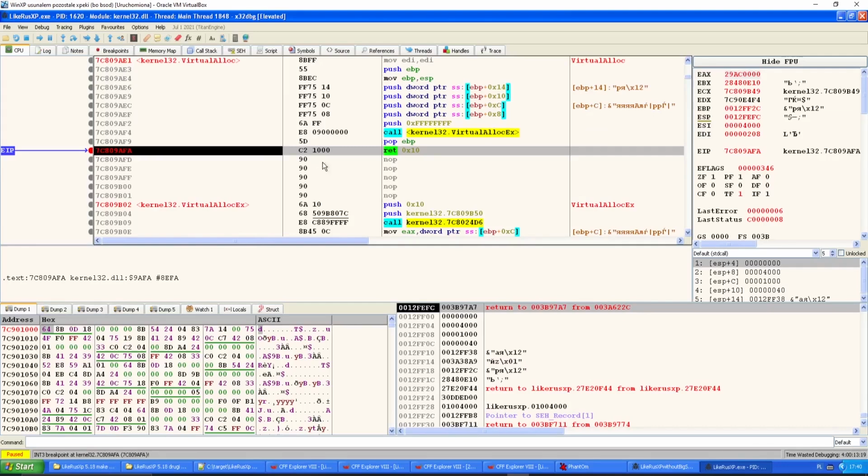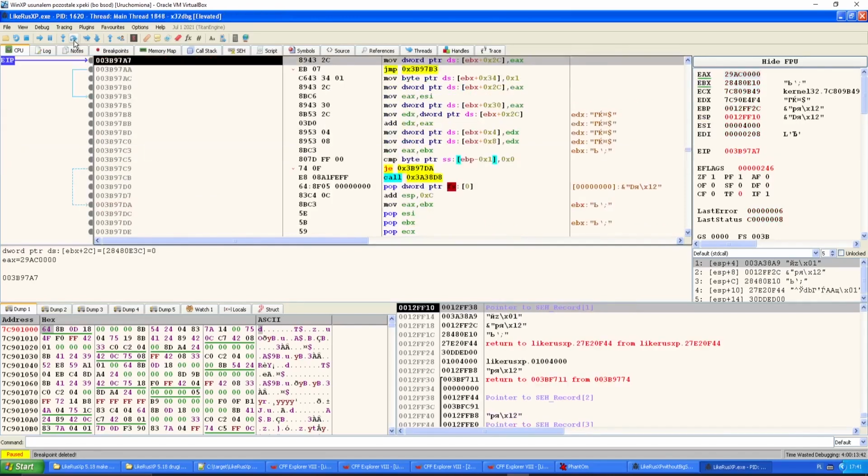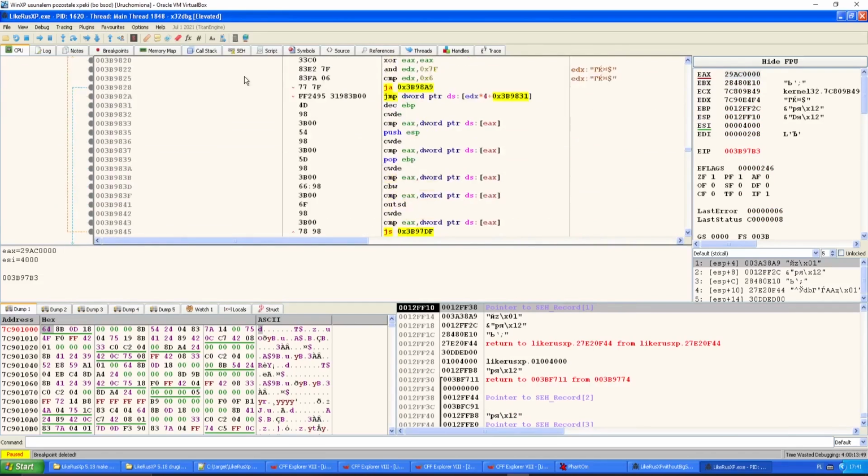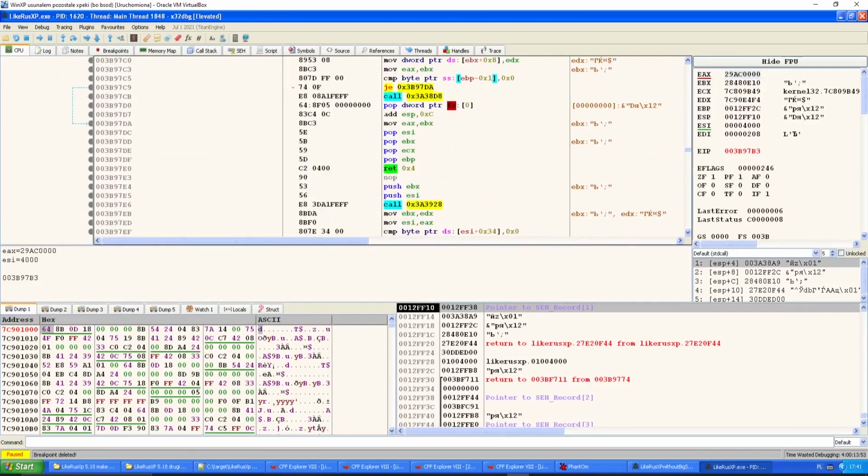We are very close to the OEP. Okay, so now you can just step over, but I will make this process faster. Step over and look at the code. It will look familiar to the OEP, but let's do this faster, and let's trace